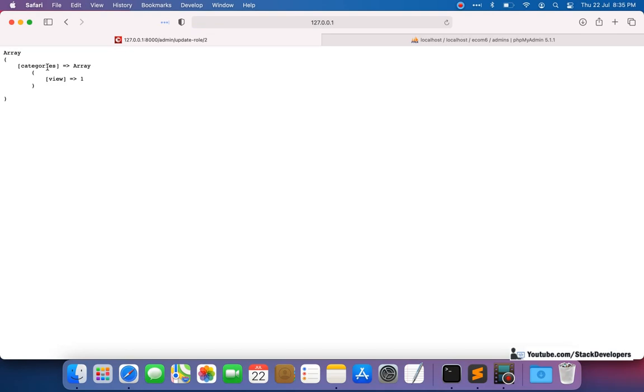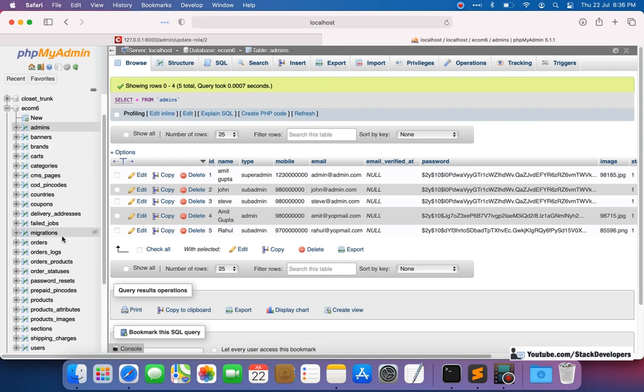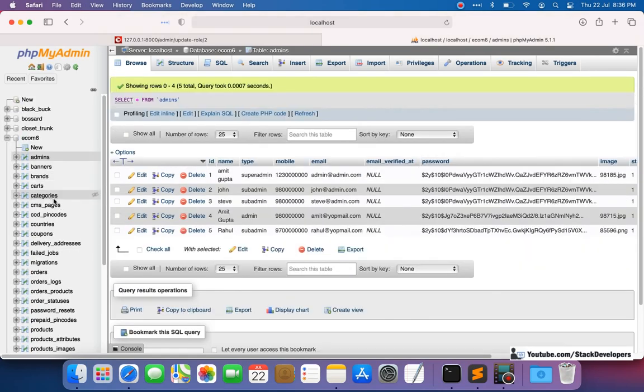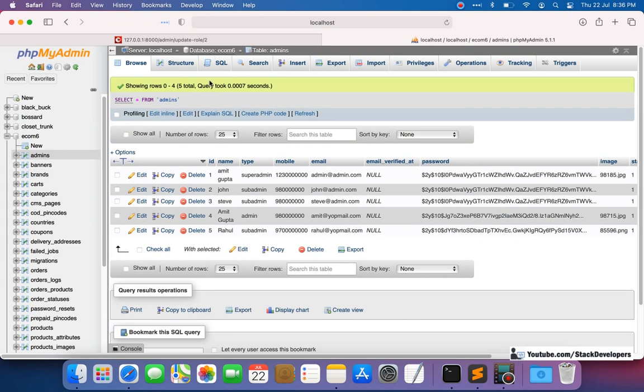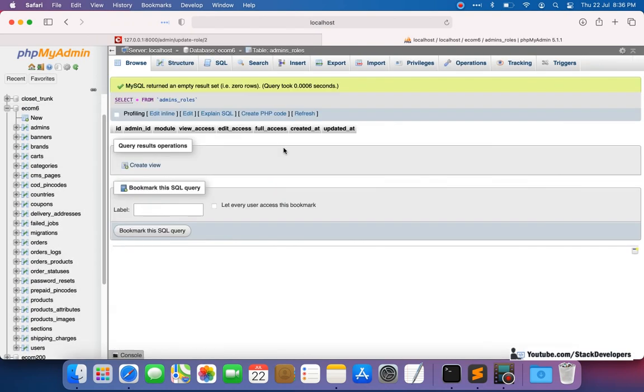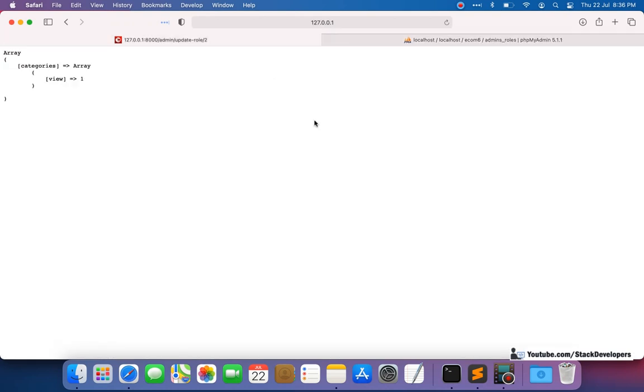So categories is coming in an array, so it will be easier for us for posting the data in our admin_roles table. Whatever data comes up there, we are going to post here in admin_roles table. We have only the view access, so only view will come up there and the rest will remain as 0 for the categories.